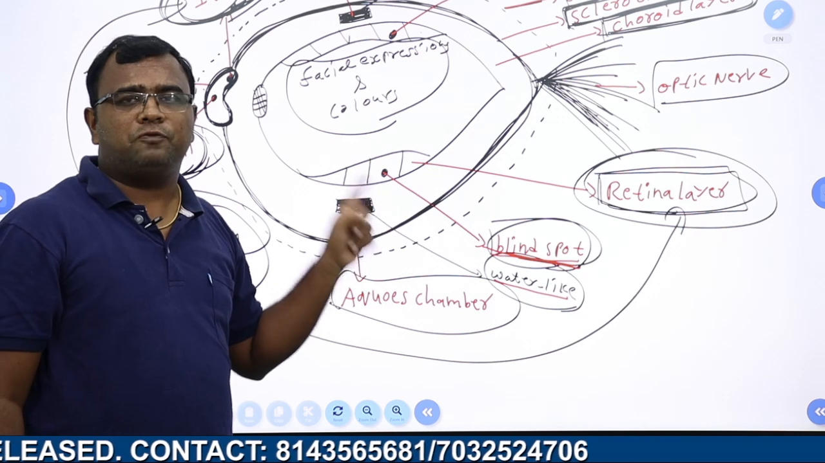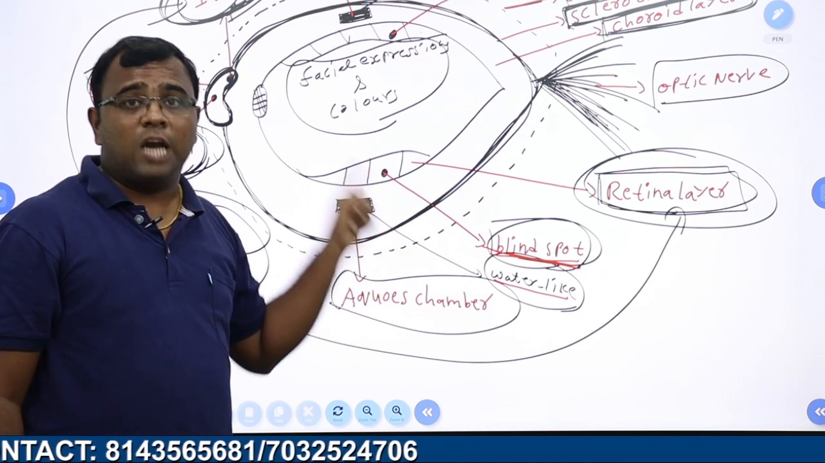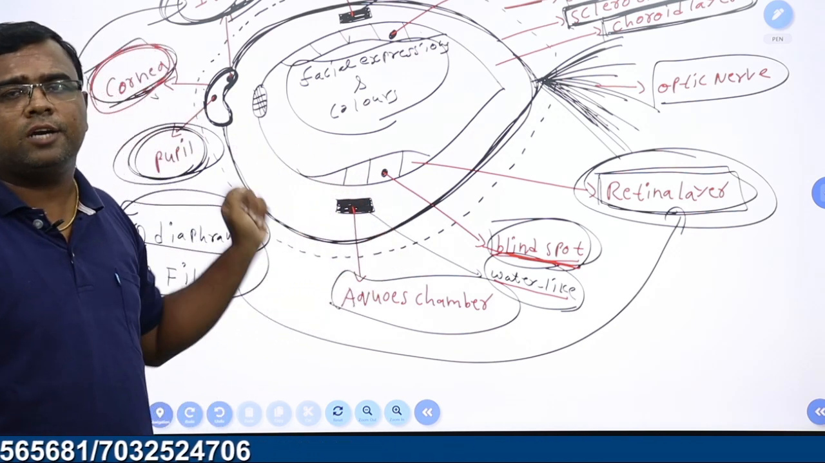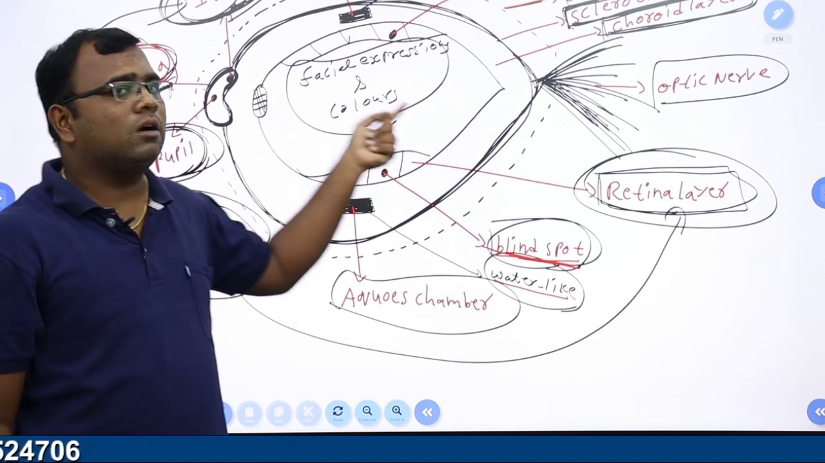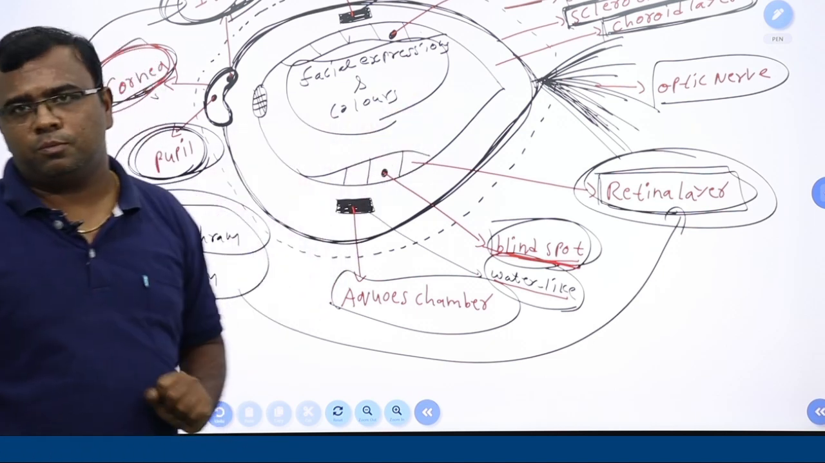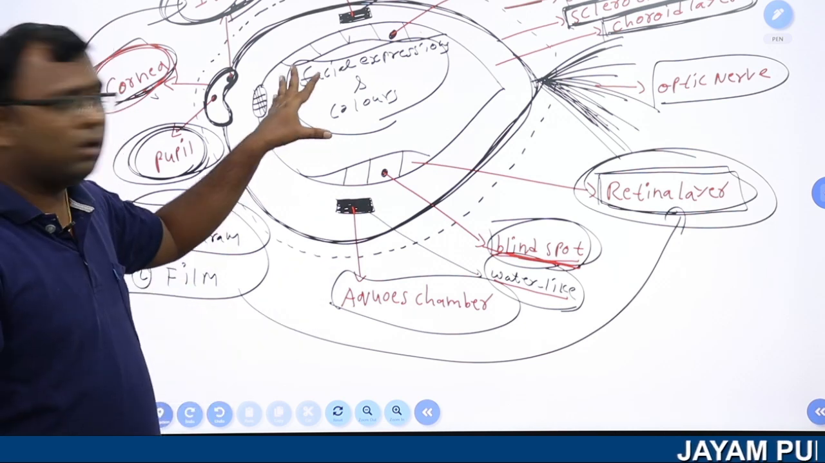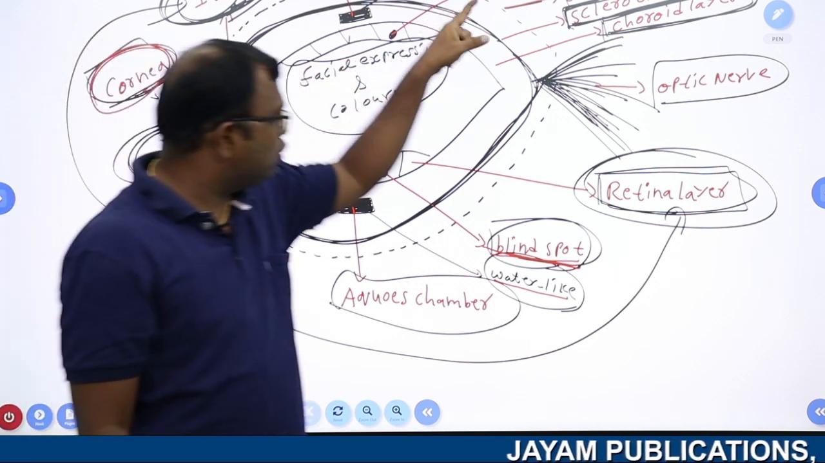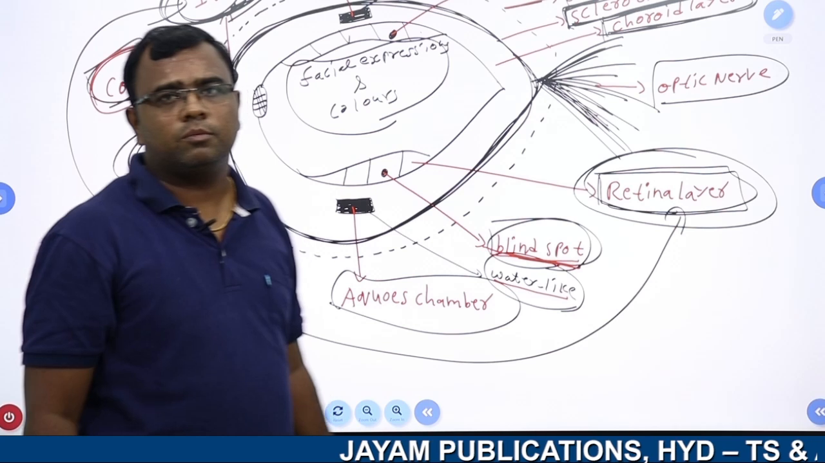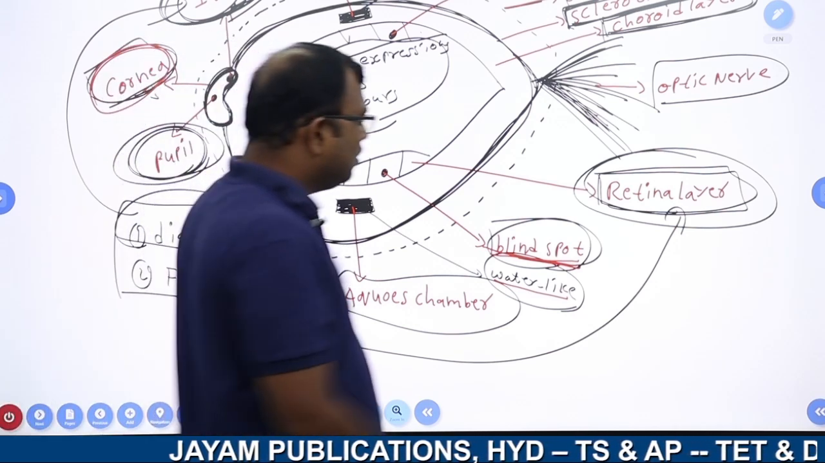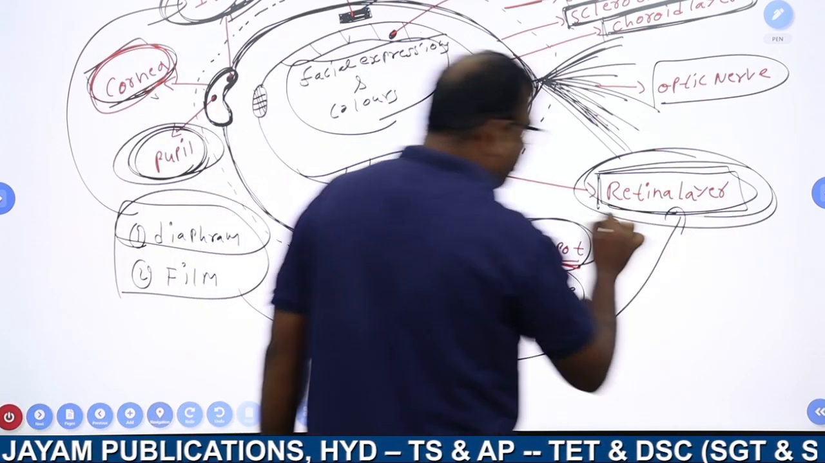The yellow spot function is identification of facial expressions and identification of colors also. This is the yellow spot and blind spot. And the retina consists of,